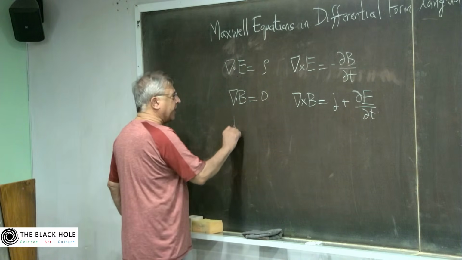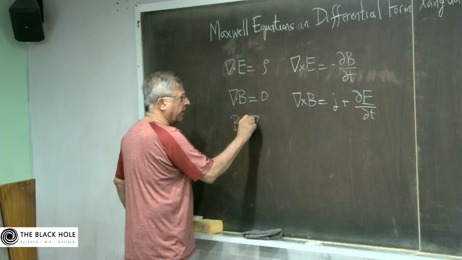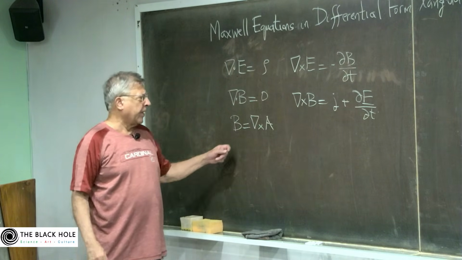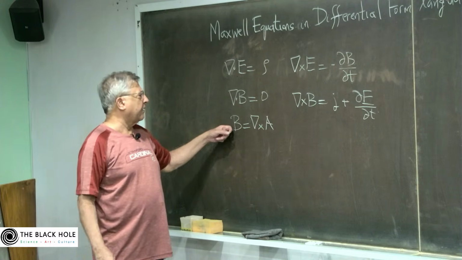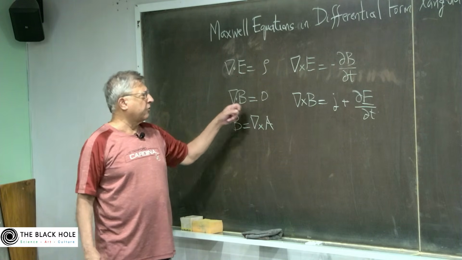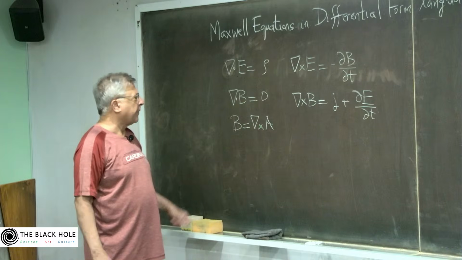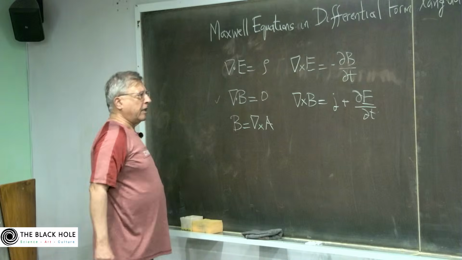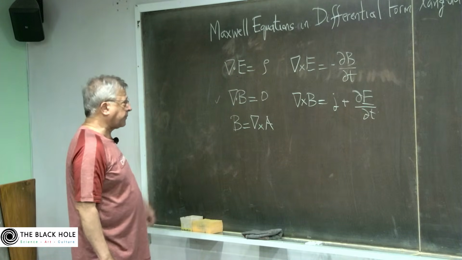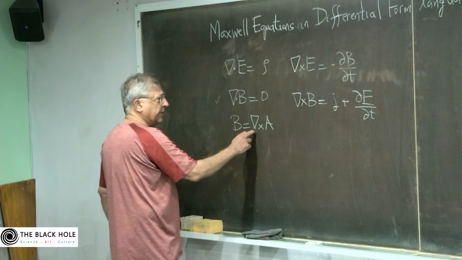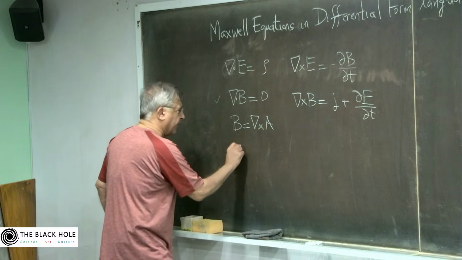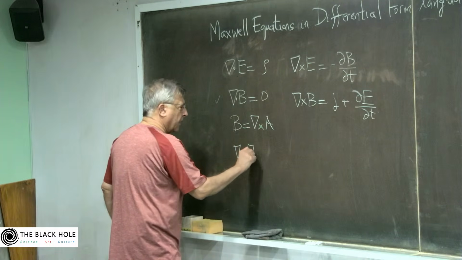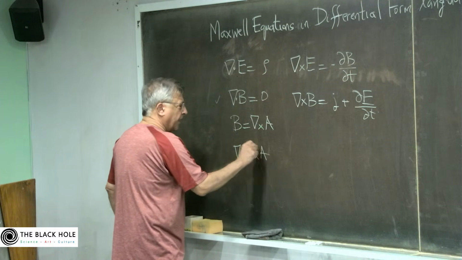It says that B has to be equal to curl of something, let's call that A. Curl of anything when put over here is 0 because divergence of curl is 0. Okay, so that solves this equation. Then we have, let's put this in here. So then we have curl of A